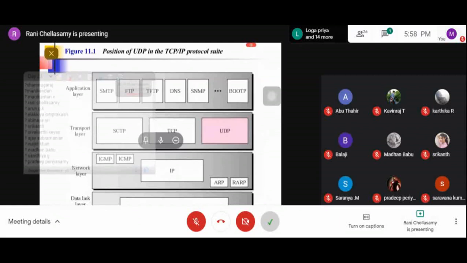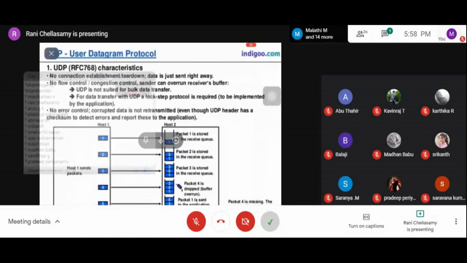Now let's see the characteristics of UDP. No connection establishment, so the data is sent directly to the server without any connection establishment. Next, no flow control is provided and no congestion control, so the sender can overrun the receiver's buffer.